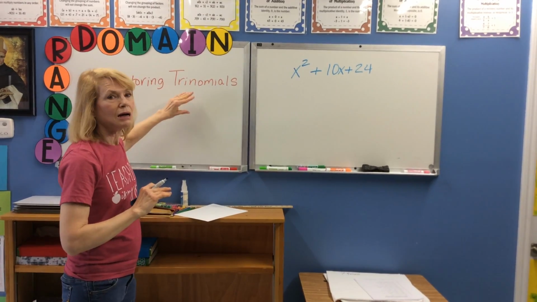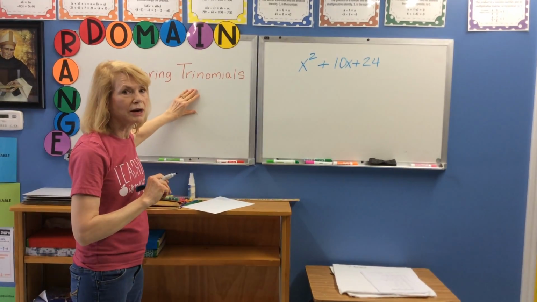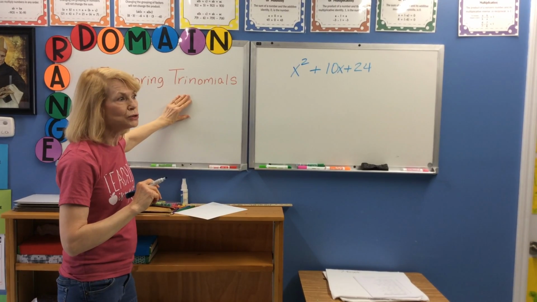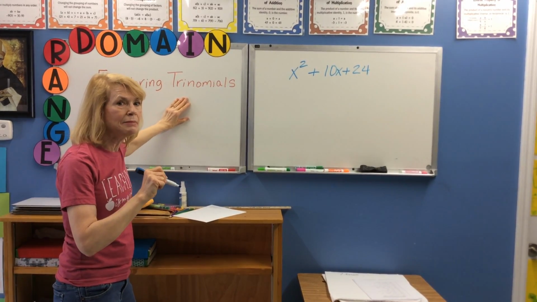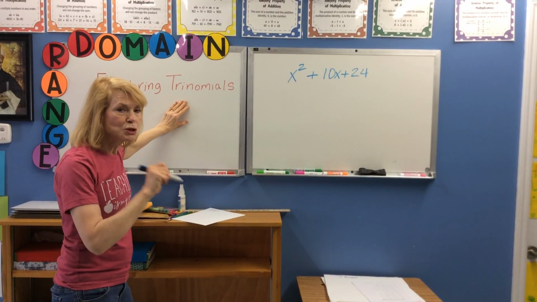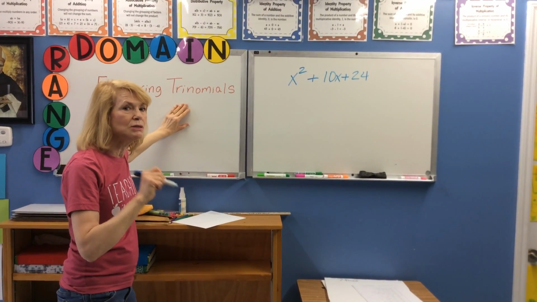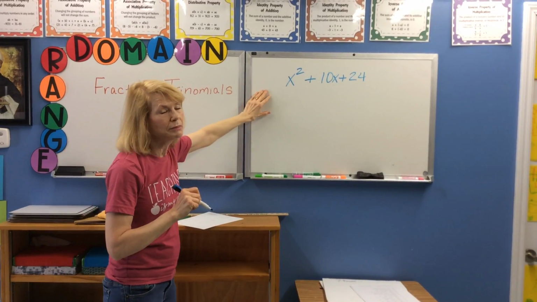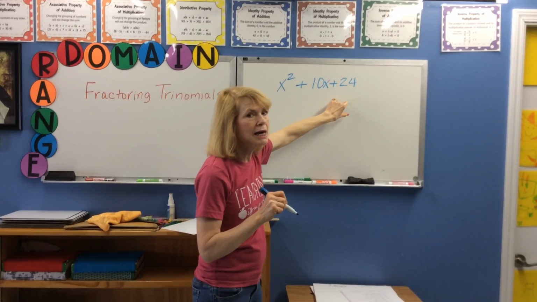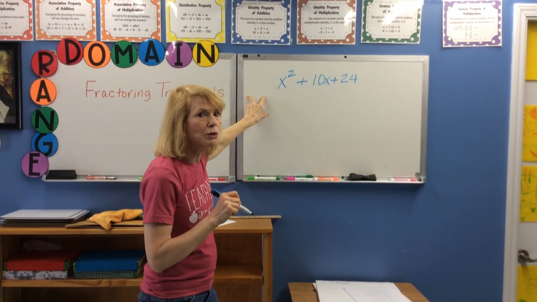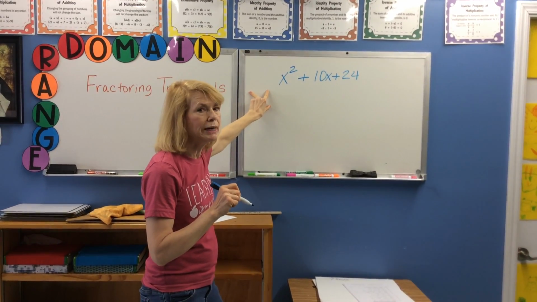Guys, today we're going to talk about how to factor trinomials. And when you factor trinomials, basically what you're doing is you're unfoiling them. We want to find out what two binomials you can multiply together to get the trinomial. And trinomial just means three terms, okay? And the largest term that we're going to be dealing with is going to be a squared term, so to